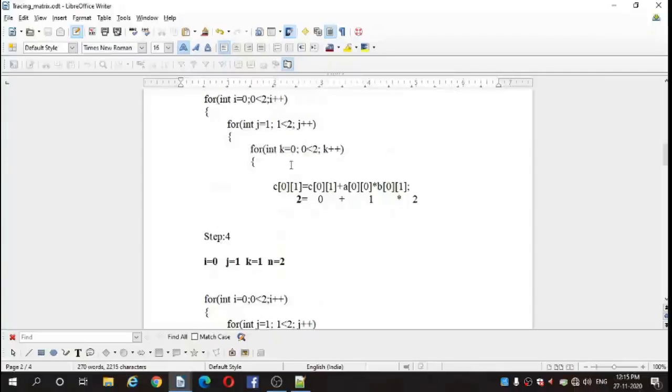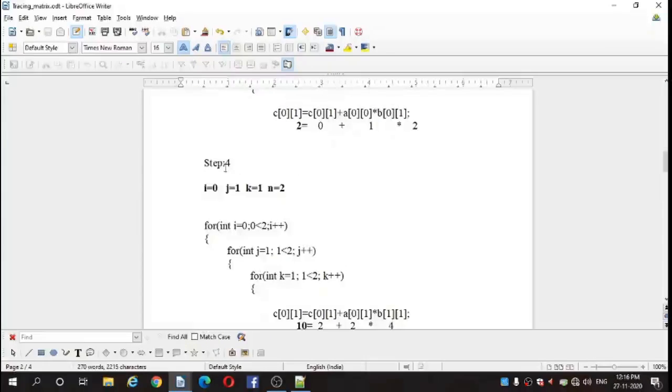Then increment the k value, that is k equal to 1. Then i equal to 0, 0 is less than 2, it is true. Go for the inner loop. j equal to 1, because in the earlier step we made the value of j equal to 1.